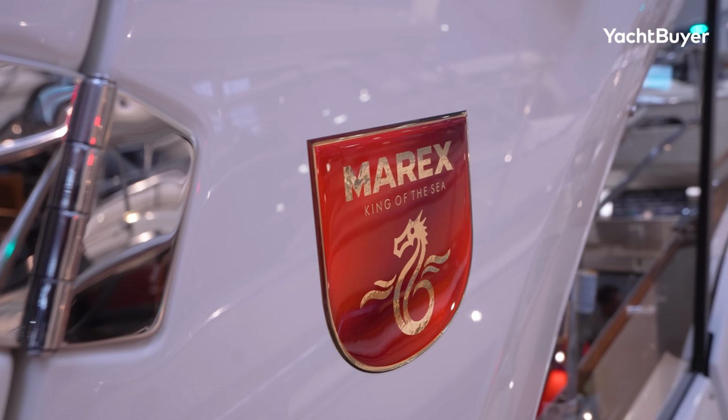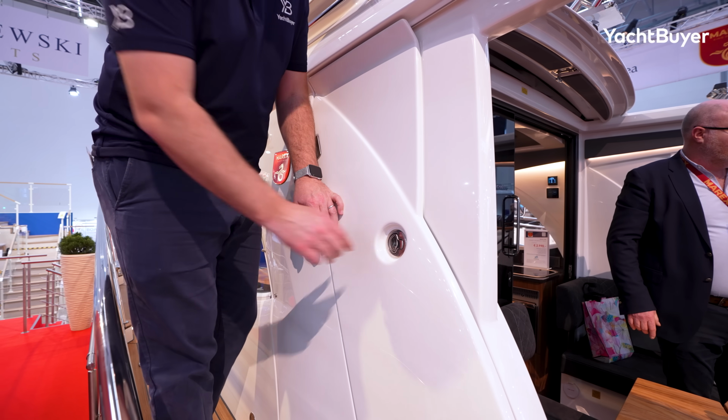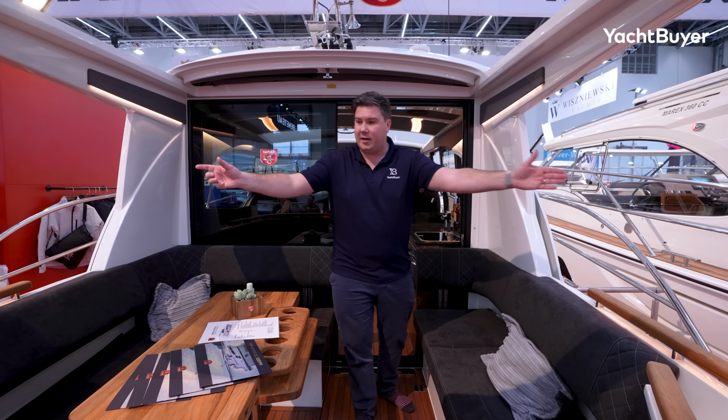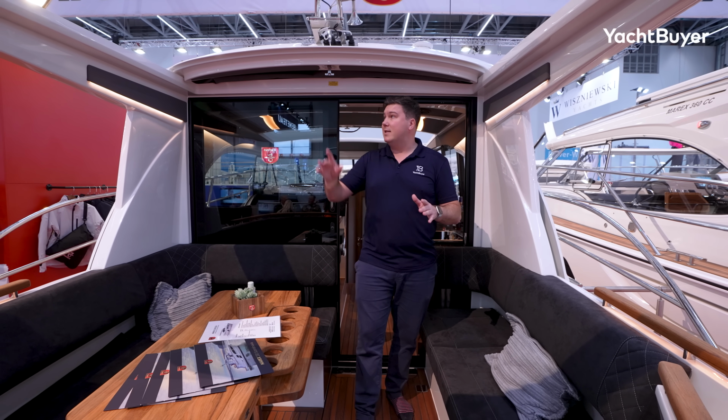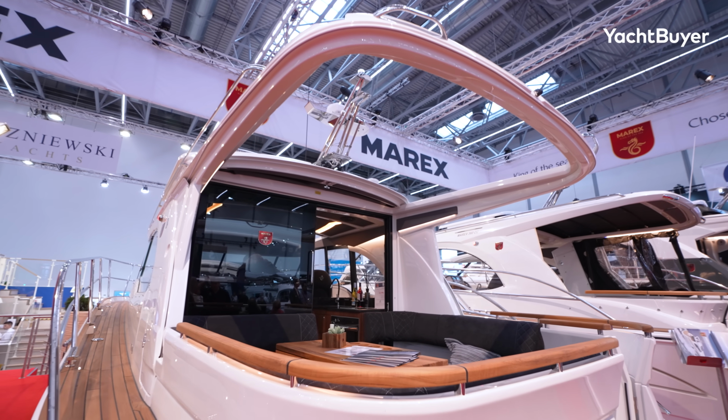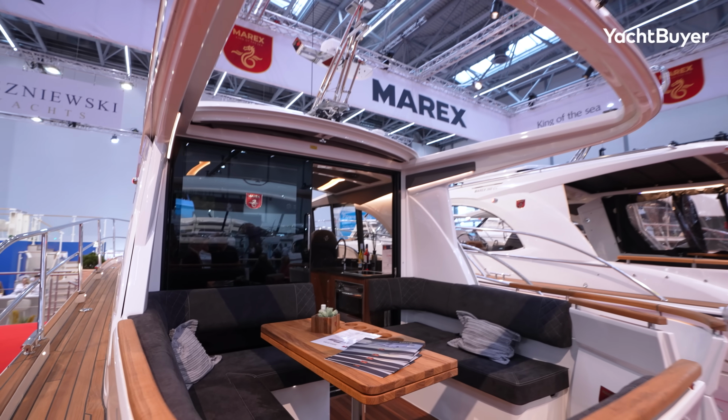There are some hallmark things going on here with Marex. This cockpit can be fully enclosed by their brilliant curtain canopy system. Canopies pop out of here, draw together like curtains. You can close it up within seconds. You've got a sliding manual roof up here as well. So with all of this opened up, you can still enclose this area and use both areas no matter what